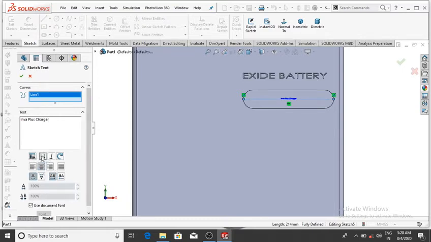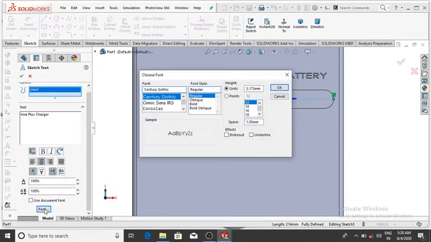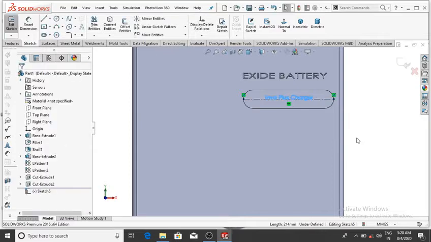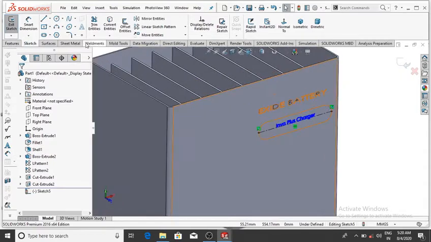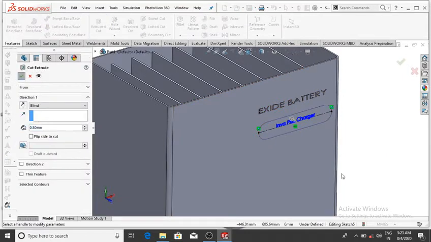Select bold and use font size and make it 36. Then okay, and select it bold, and now we make the extrude cut up to 0.5 mm. So go to the feature and select extrude cut and make it 0.5 mm. Then okay,